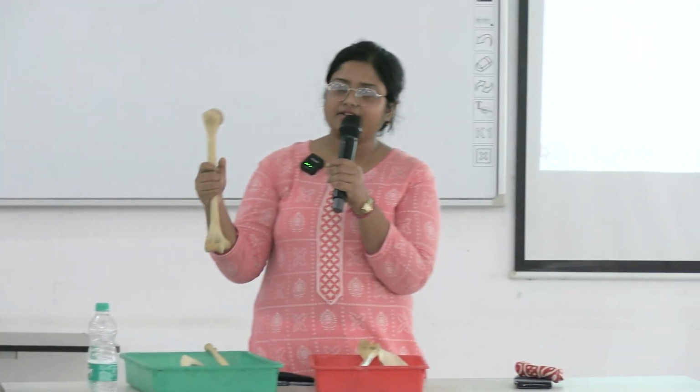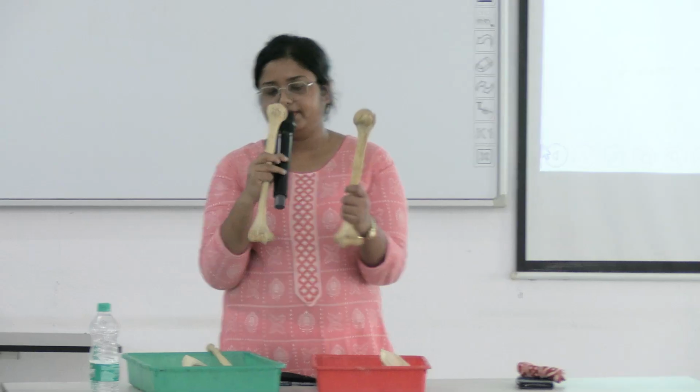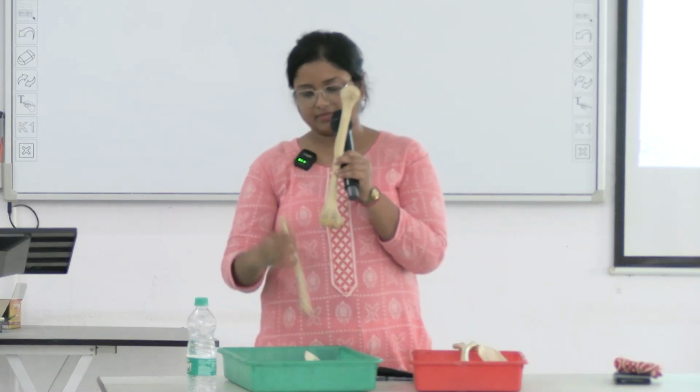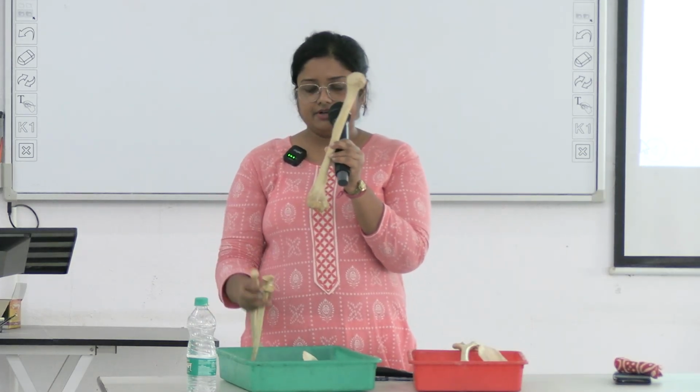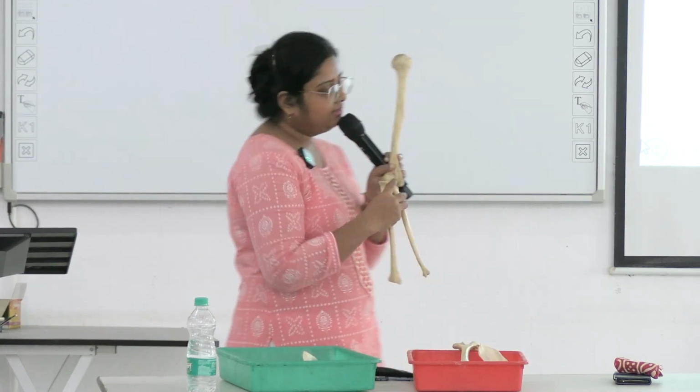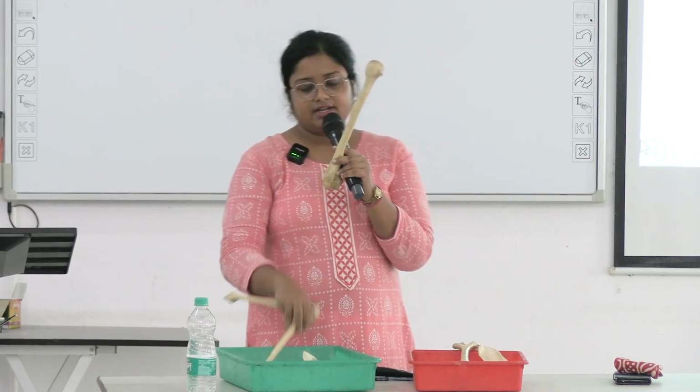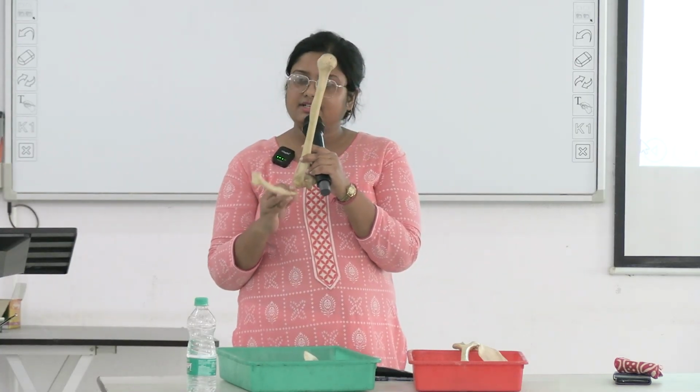So this is the right humerus and here is the left humerus. Okay, and see the articulation. The head articulates with the glenoid fossa to form the shoulder joint, and the lower end articulates with the head of the radius. The capitulum articulates with the head of the radius, and the trochlea articulates with the trochlear notch of the ulna, like this. This is the olecranon fossa lodging the olecranon process of the ulna, the coronoid process lodges in the coronoid fossa, and the head of the radius lodges in this radial fossa in flexed position. Okay, understood?